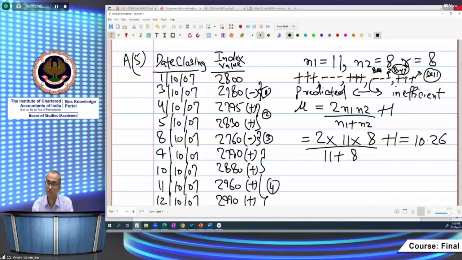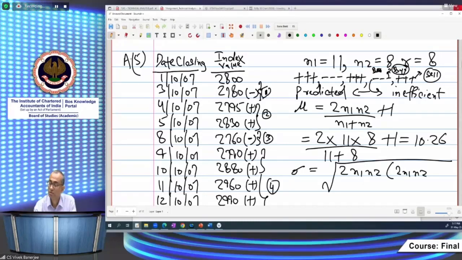So it is the average, but the number of runs is 8, and the average is 10.26. So even 10.26 does not tell whether the market is efficient or not. So now we will calculate the standard deviation. Standard deviation will tell us how it will deviate from the average. So let us calculate the standard deviation. The standard deviation formula is under root 2n1n2 multiplied by 2n1n2 minus n1 minus n2